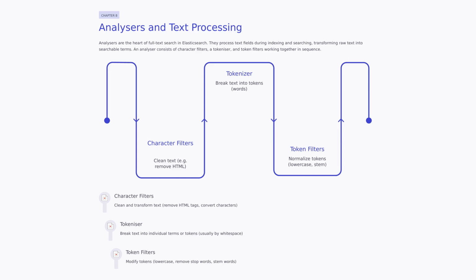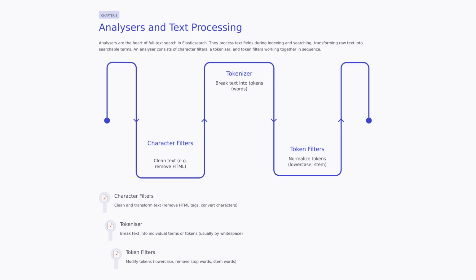Picture this: character filters clean text by stripping out HTML, token filters normalize tokens by lowercasing and stemming, while the tokenizer breaks text into digestible tokens like individual words. It's a dynamic trio working behind the scenes to optimize your search experience. From cleaning and transforming text to modifying tokens and breaking text into manageable terms, analyzers are the unsung heroes of